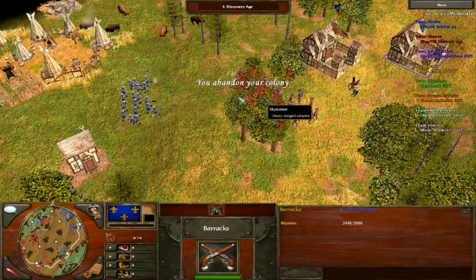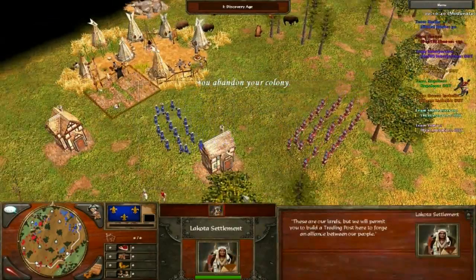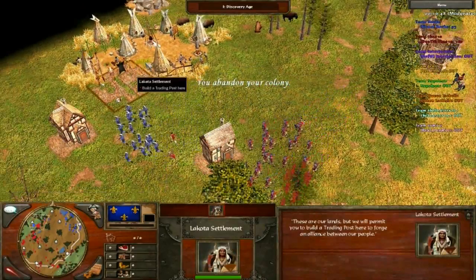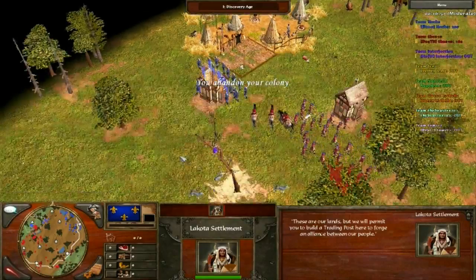See, the musketeers can't get their shots off. It's too much range. Blue will move these back, do a few more shots. Okay, I think red's going for this Lakota settlement here. Not sure. Both those settlers dead, but not gonna...